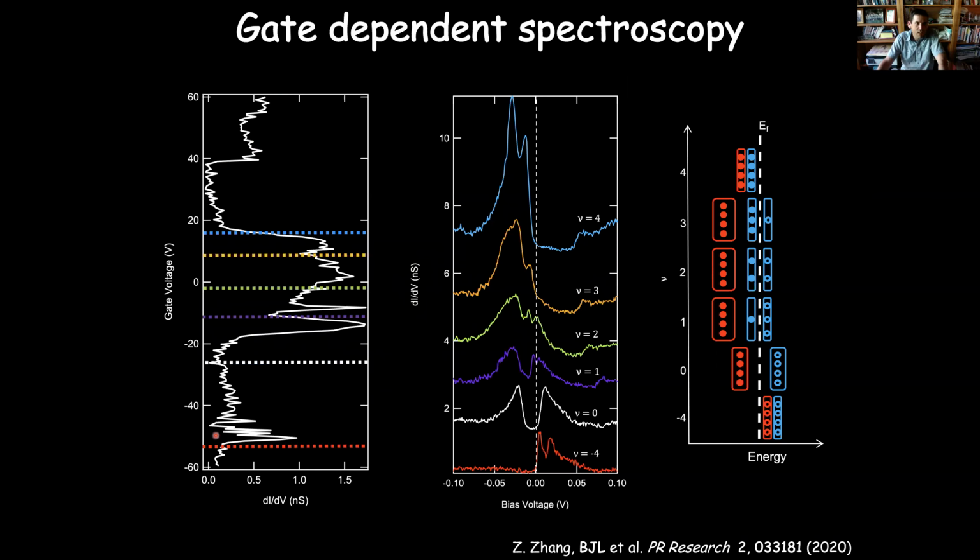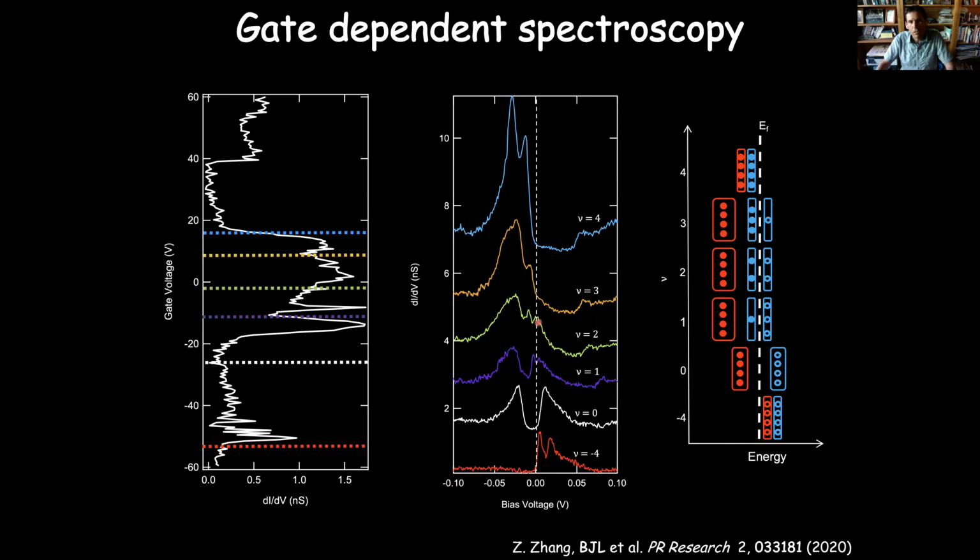And what you'll see here, the red area on the far left, the negative gate voltage, there's very low density of states. That's because we're in this insulating state, and we have this large gap here, a very insulating region. At the white one, this is the charge neutrality. Again, we have a band gap there. It's not as wide as the band gap when we're fully filling the band, but there is an interaction-induced gap there.